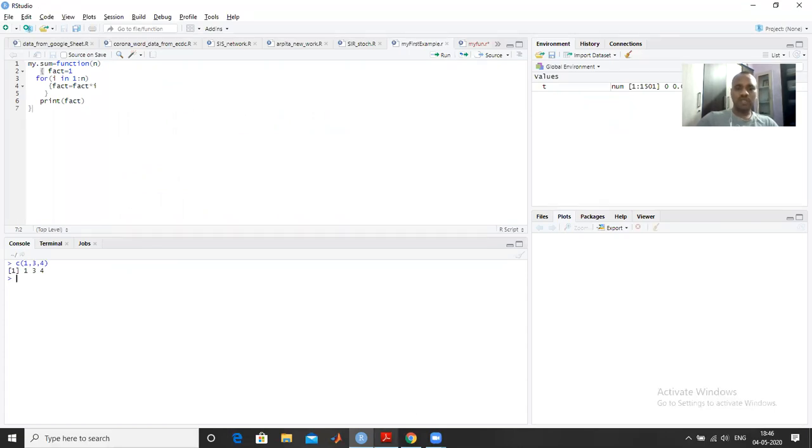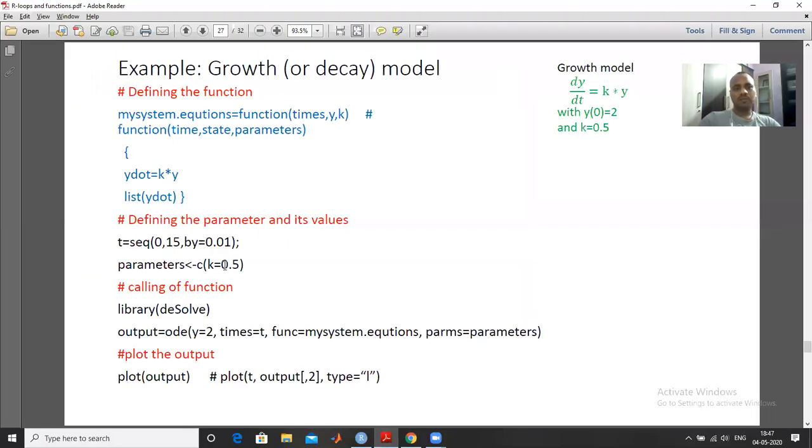So why did I use c here? Because there is a single parameter, so there is no need to write this c. But if there is more than one parameter, then you have to define them like a vector in a single vector. So in this particular example you can remove this c and define k is equal to 0.5. But I want to make this program more generalized for future perspective. Therefore I write the c here. Suppose there are two parameters k1 and k2, then write c is equal to k1 comma k2, and then you can assign the values.